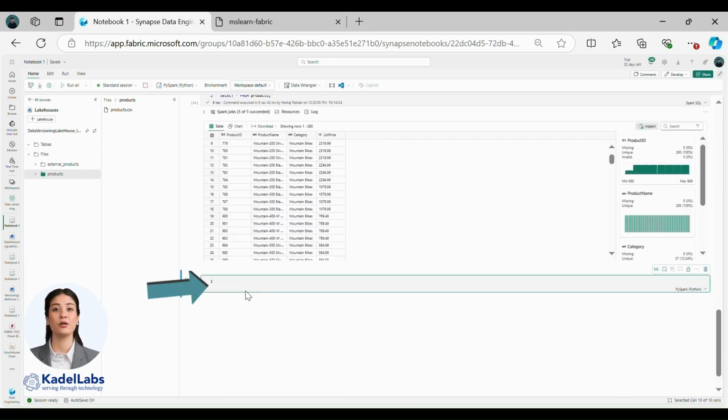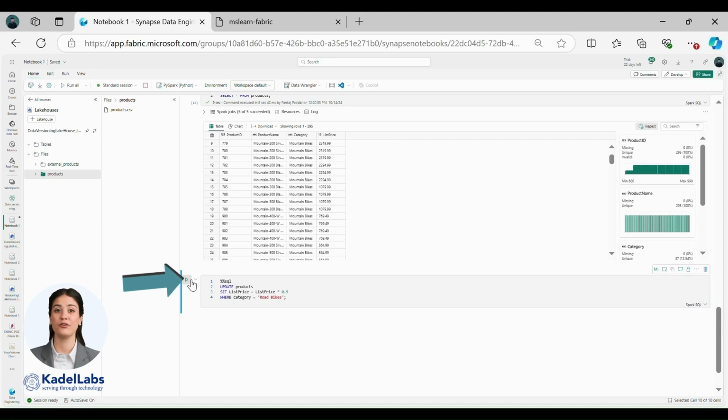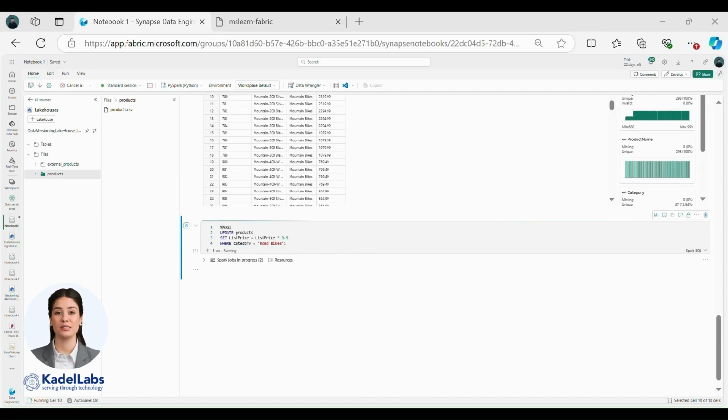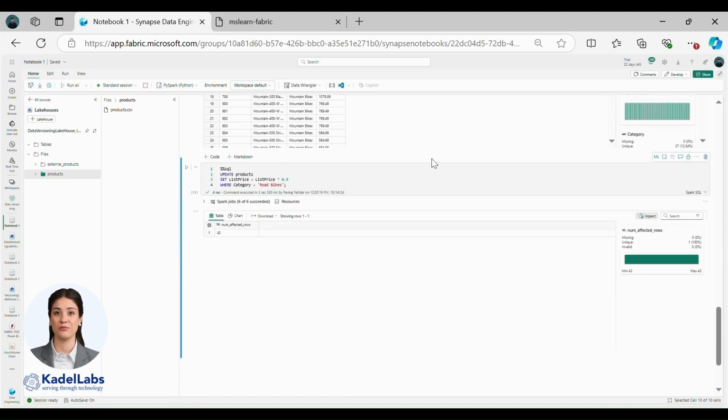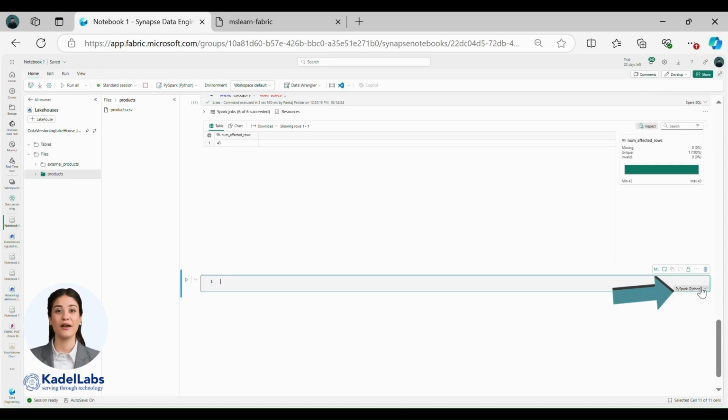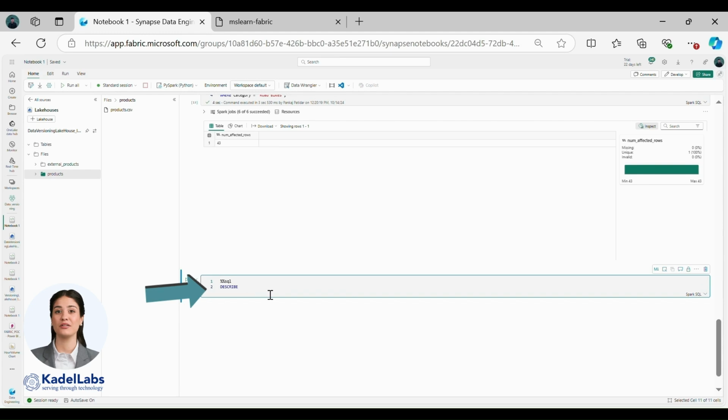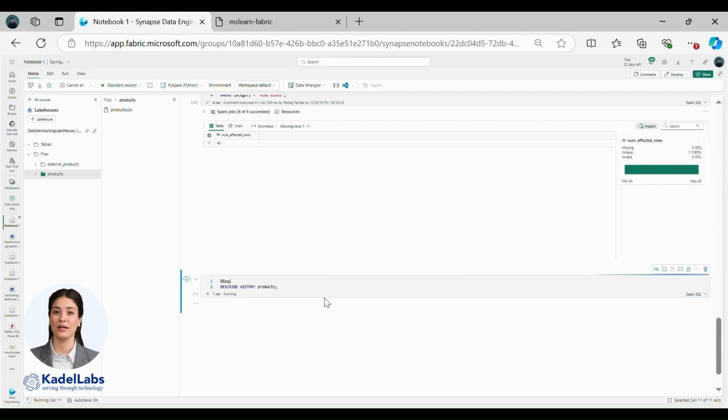Next, we will run the following command to demonstrate versioning with an update by reducing the list price of items in the road bikes category by 10%. Finally, we can view the table's version history using the following commands, which display all past transactions and modifications made